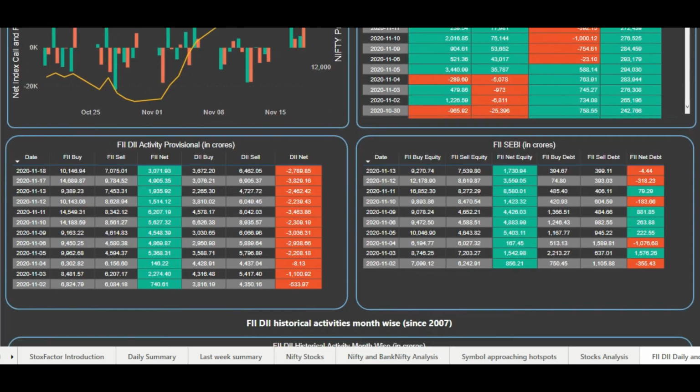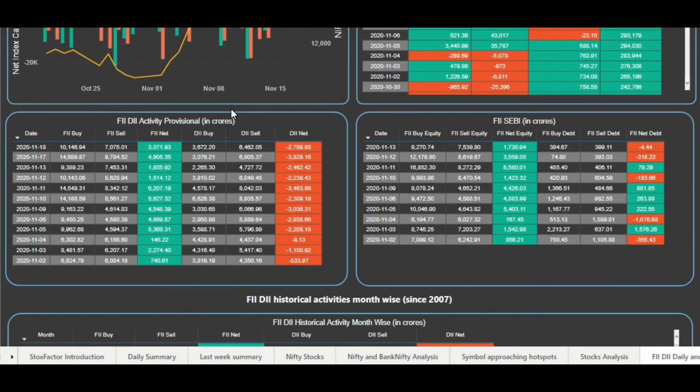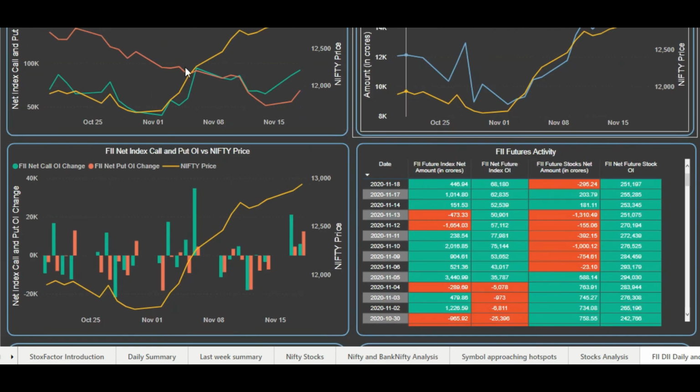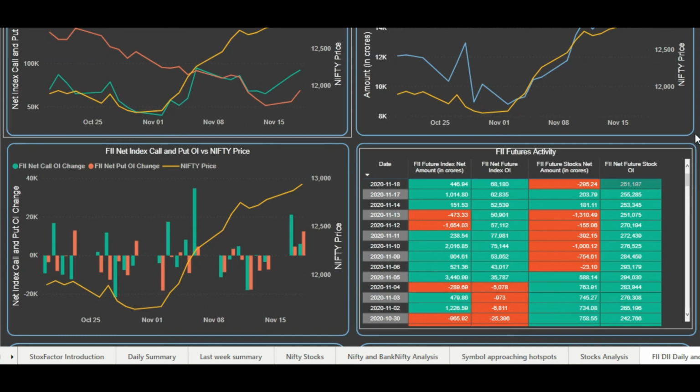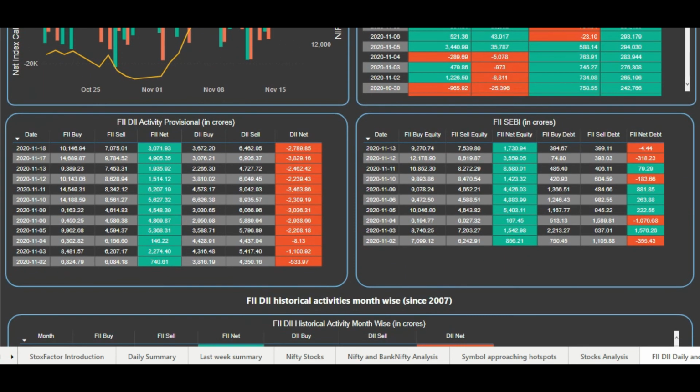So this is the total position on any trading day on all the stocks of the future segment. And at last we see the table on the cash market. So now these two tables are from the cash market. So we are done with the futures data. So the top four graphs and the cards above were telling about the derivatives data. So now we are seeing the cash market data.